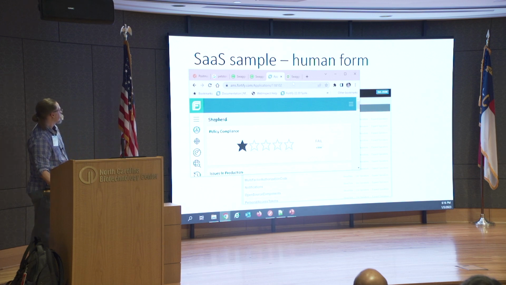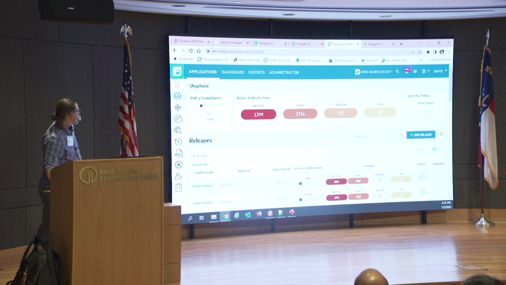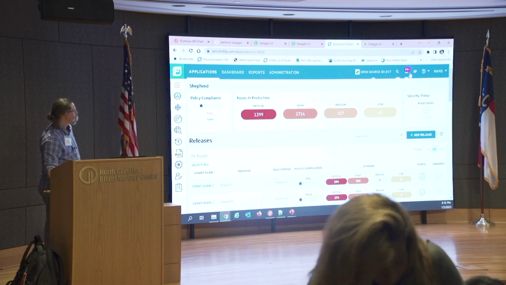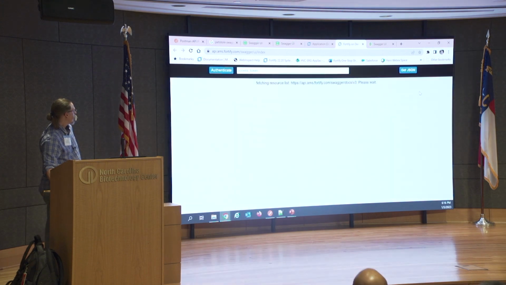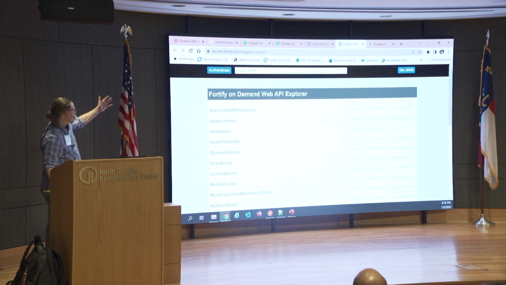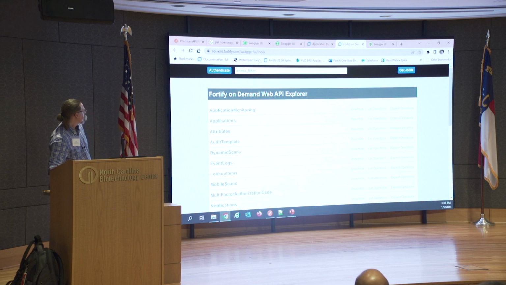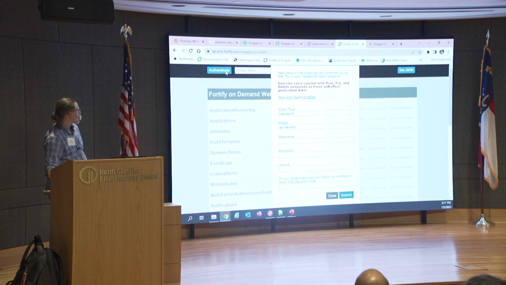All right, this is an application. This is the SaaS environment I spoke of. Come over here and I can look at the API Explorer. And again, human readable form. I can actually put an access token up here. Or instead, I can click on this and it can just ask me for my username and my password and I can log in.